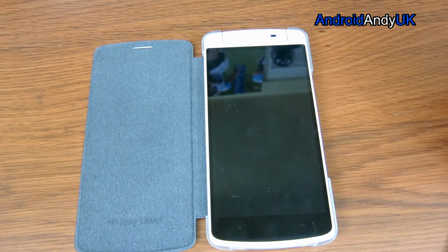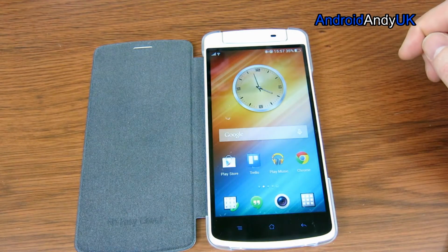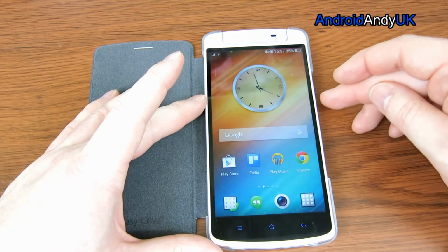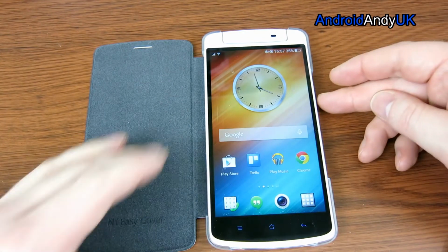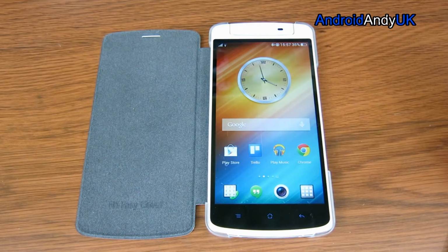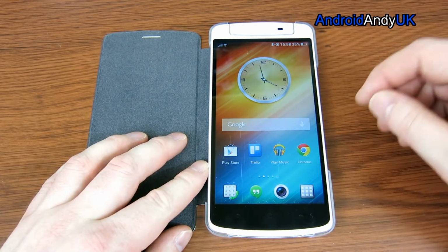It usually does. It's not blindingly quick, and it's not going to work now, look. There we go. So again, I don't know why it didn't work the first time, and for me the problem with that is if it doesn't work every time, you're not going to use it, surely. Oops, why did I turn it around? So it worked that time, good. I don't know what it is that just lets it decide if it's going to work or not. So now it seems to be fine. So okay, 1 in 4 it didn't work. That might be enough to put you off. I'm just going to find the power button each time I press it. Anyway,